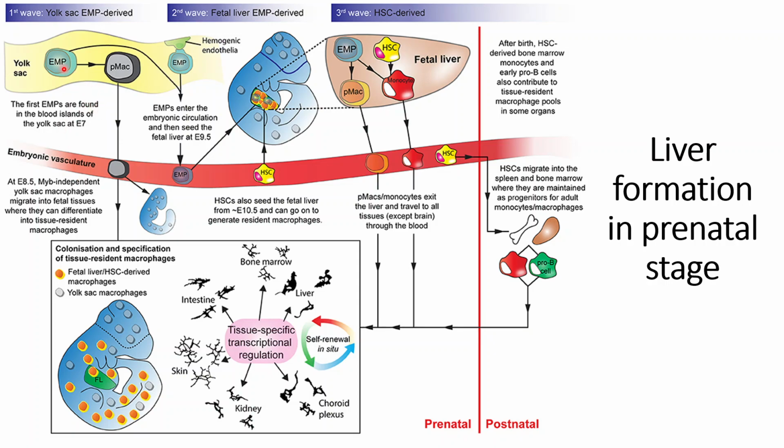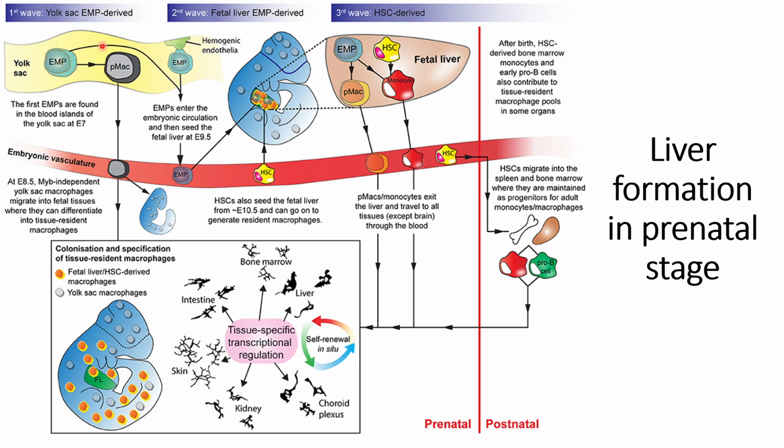In this video, we will discuss how liver formation occurs in the prenatal stage within the woman, from the, you can say, monocytes. So it begins. This is the embryonic vasculature. At the E7 stage, there is a formation of yolk sac or erythromyeloid progenitor cells, and it then differentiates into